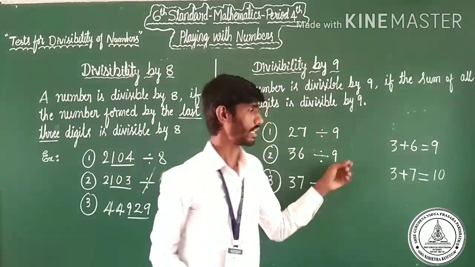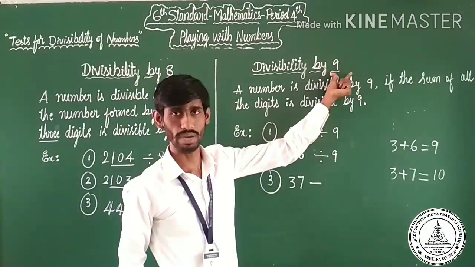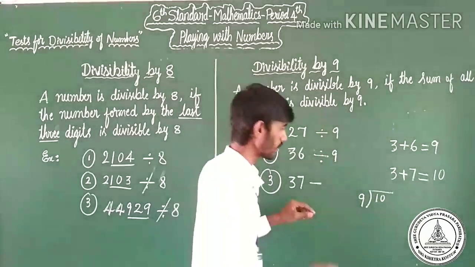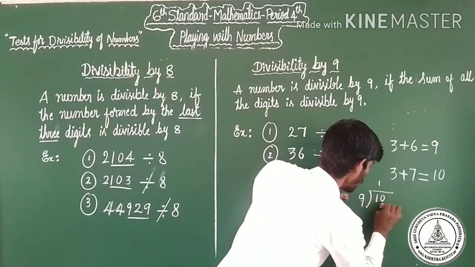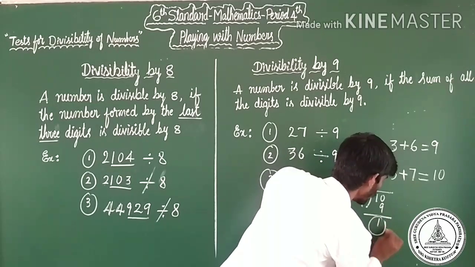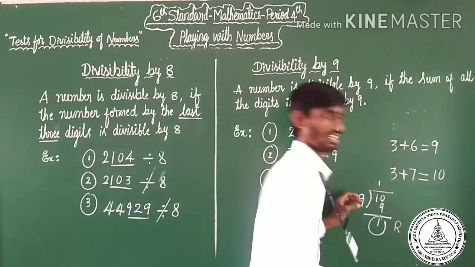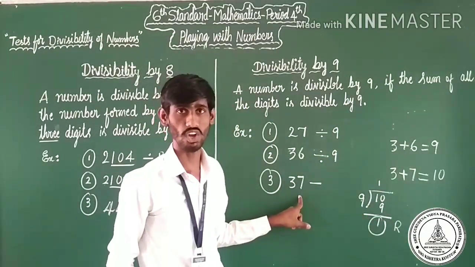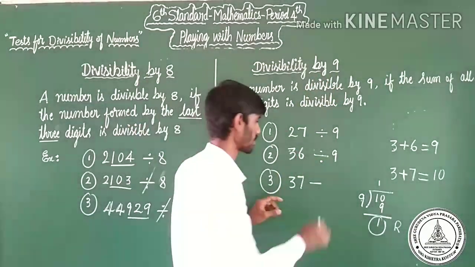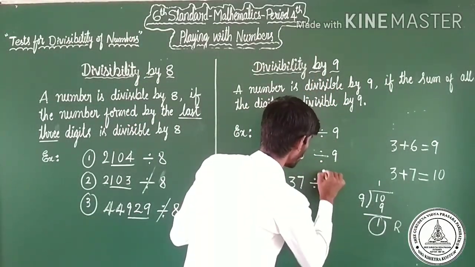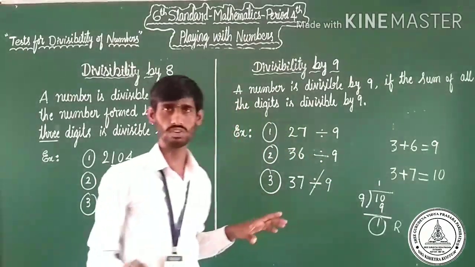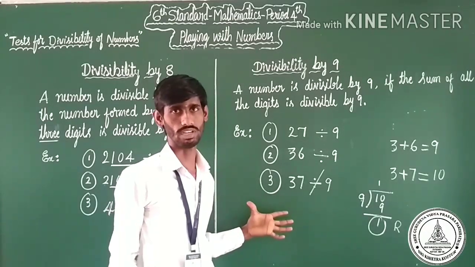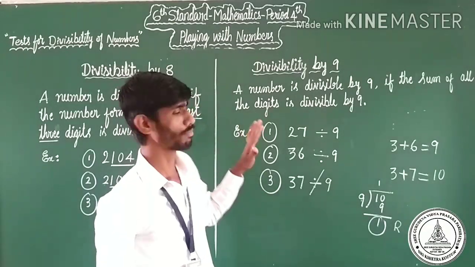is equal to 10. Is 10 divisible by 9? Let us check. 10 divided by 9, 9 1 ja 9. So the remainder is 1. Decide for yourself. It is not divisible by the given number. 37 is not divisible by 9. So it does not pass the divisibility by 9. Okay Choto, I have taken only 2-digit numbers. You may take 3-digit, 4-digit, 5-digit, 6-digit, whatever it may be. Okay, this is divisibility by 9.